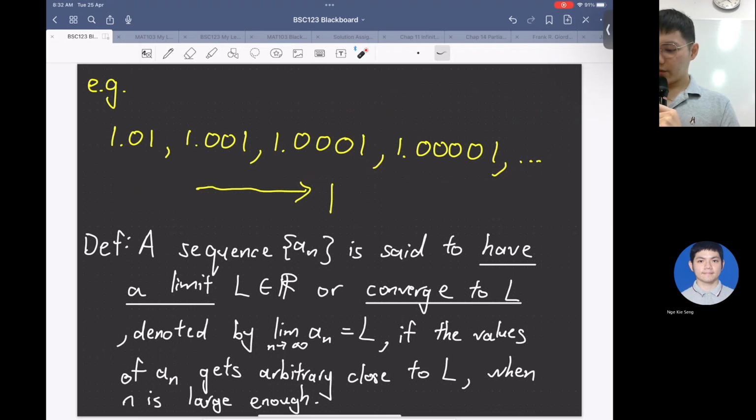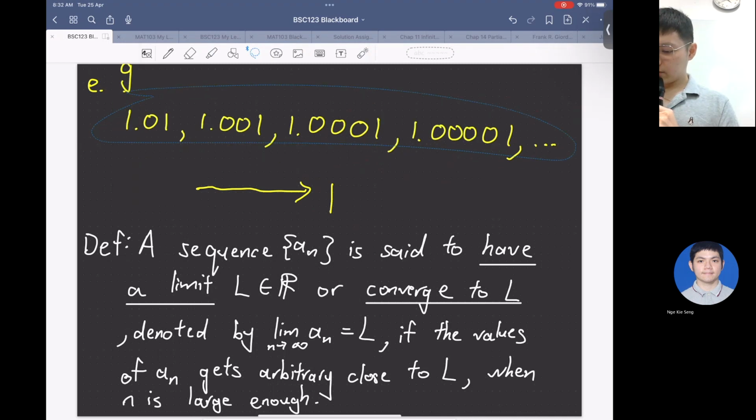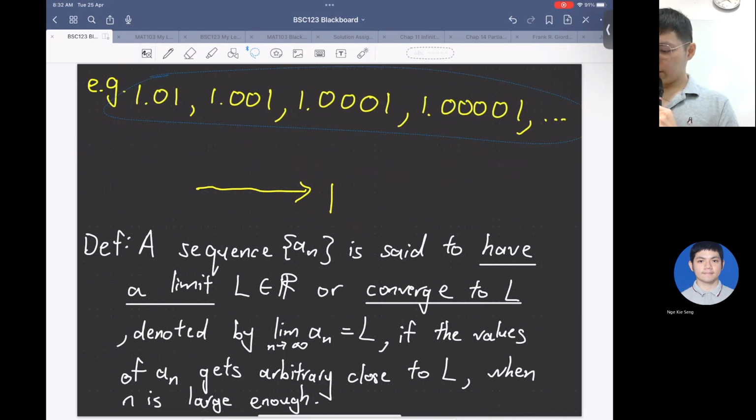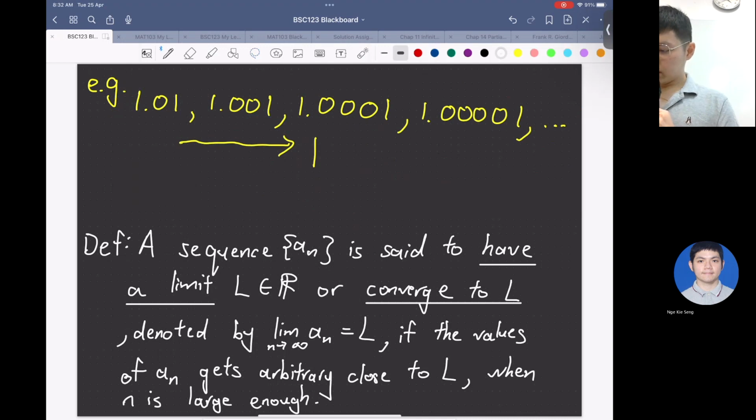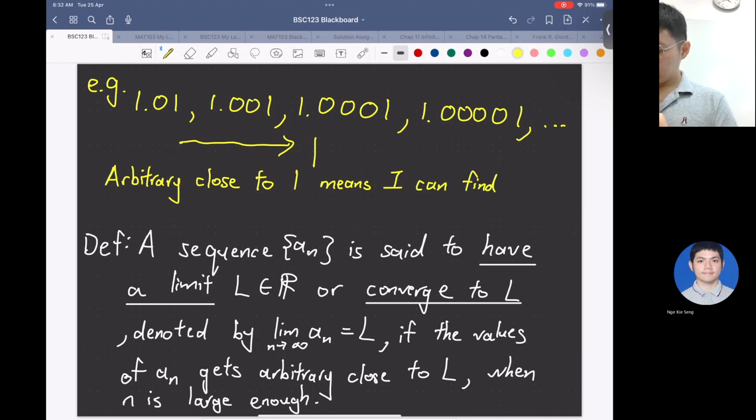So let me write down what I mean. Arbitrarily close to 1 means I can find a term in my sequence